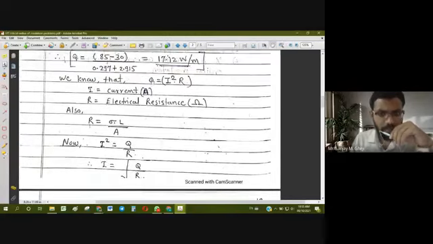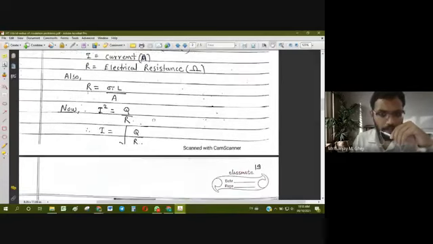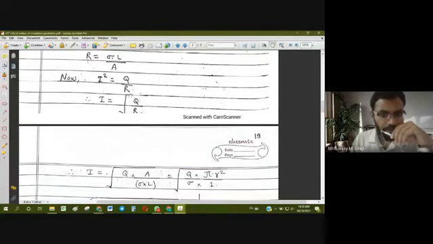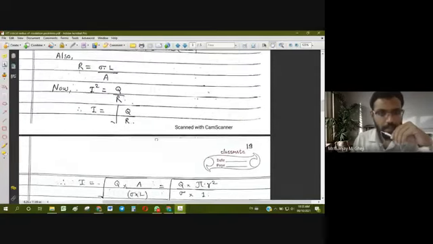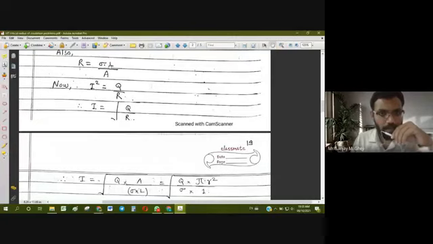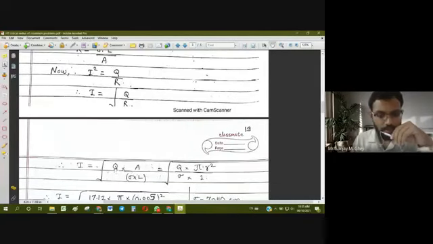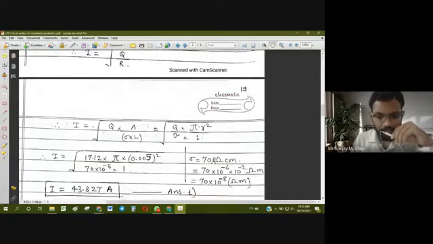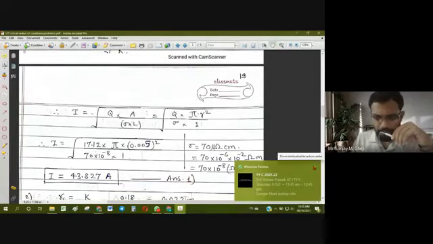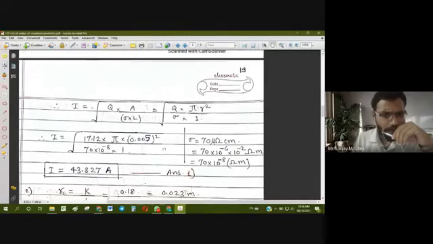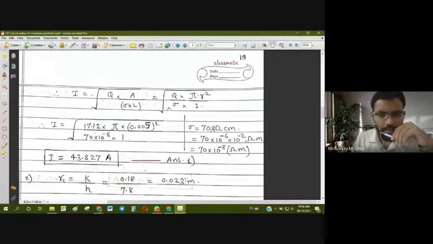Now we can find the current from this heat transfer rate. Q equal to I square R, so I square equal to Q divided by R, and I equals the square root of Q by R. For R we know the relation sigma into L upon A, which is in the denominator, so it will be inverted. So I equals the square root of Q into A upon sigma into L, where A, the cross sectional area, is pi r square.